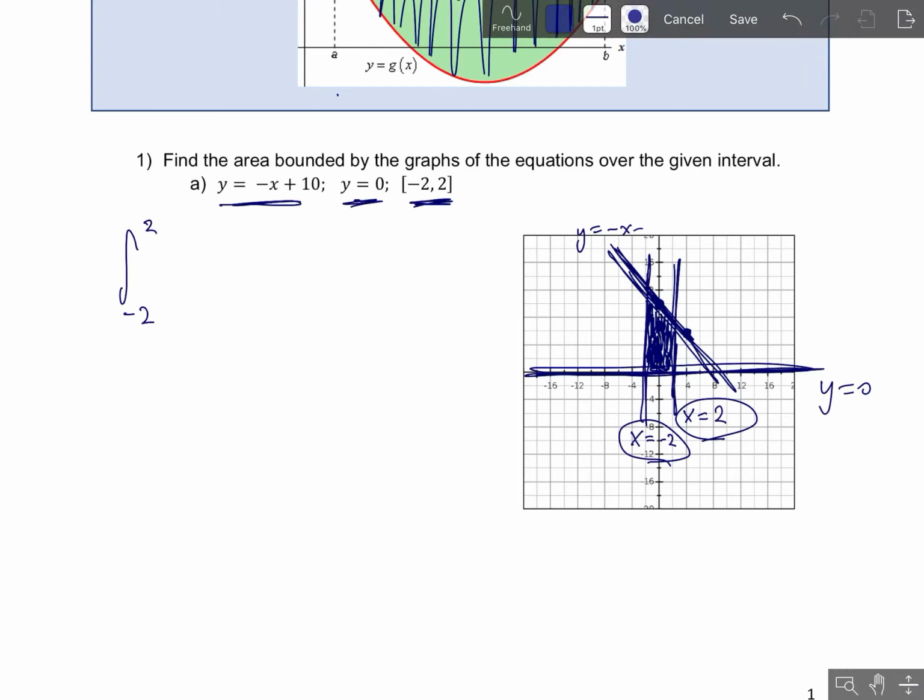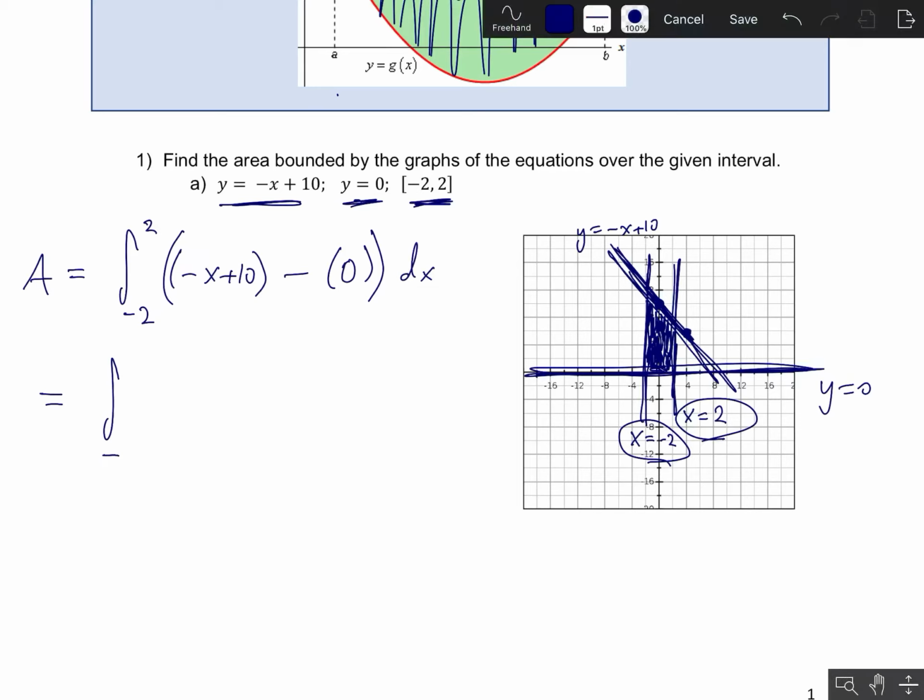So the top one is going to be negative x plus 10, and the bottom one will be y equals 0. So we'll take the top function and subtract the bottom function, which in this case is just 0. So the area is going to be given by this integral. That'll be the integral from negative 2 to 2 of, if we simplify the integrand, just negative x plus 10